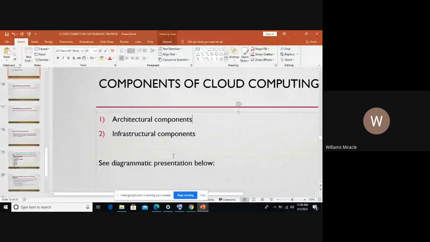At that point, I proceeded to network, which I said is one of the sub-components of the infrastructure components. Let me share my screen so you understand what I'm talking about. Or infrastructure component, which I said that the network is the key component of the cloud infrastructure. On number two, infrastructural component, I said it is the key part.